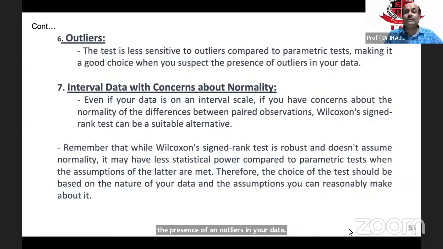Next, if you have interval data with concerns about normality, even if your data is on an interval scale, if you have concerns about the normality of the differences between paired observations, you can go for the Wilcoxon signed rank test also. Remember that it is very robust and doesn't assume normality, or the bell-shaped curve. It may have less statistical power compared to the parametric test when the assumptions of the latter are met. Therefore, the choice of the test should be based on the nature